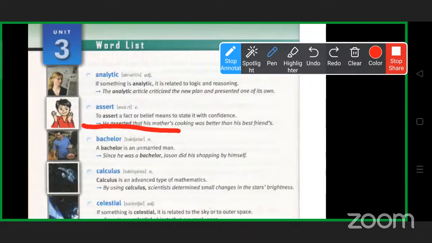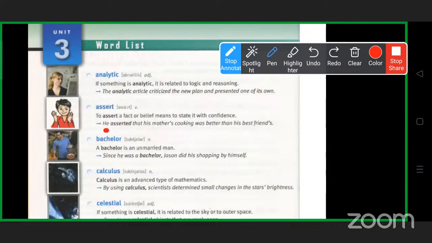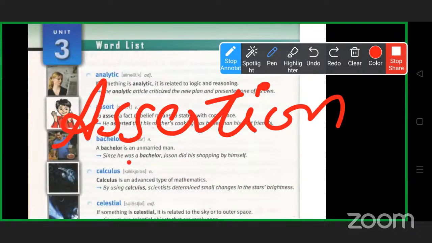It can be like, I asserted that on that day to you that how the things have been going on in the home were not up to the mark. So to assert a fact or belief means to state it with confidence. So whenever you assert something, you have a bit of confidence within you. Whenever you say something, that's a normal thing. But when you assert something, you have confidence in your statement. So assertion can be made only when you have confidence in yourself in saying that.